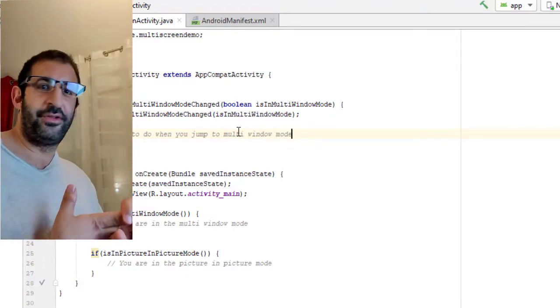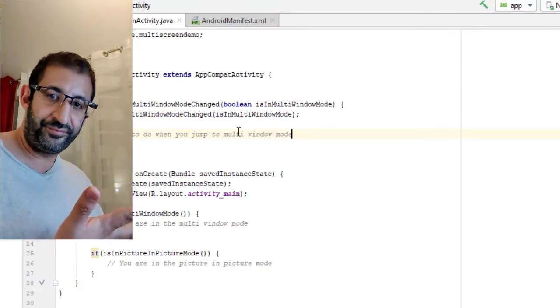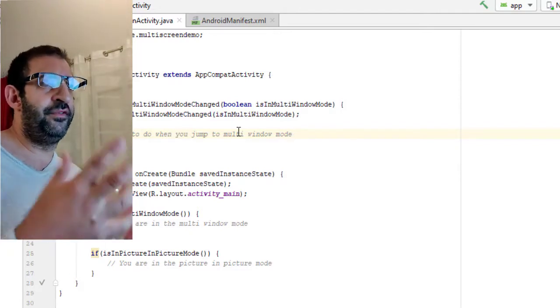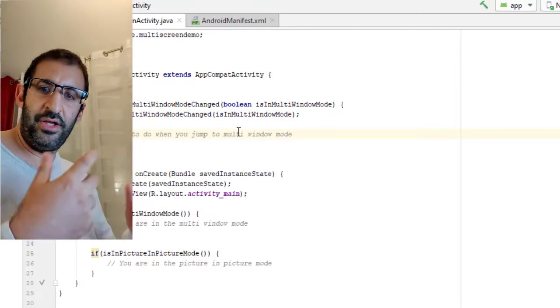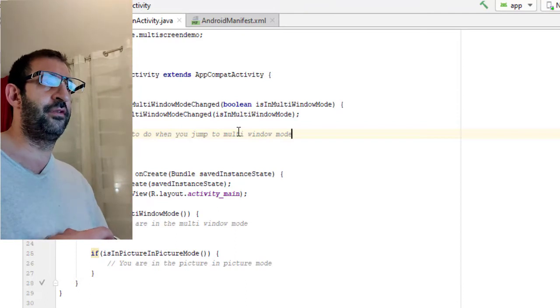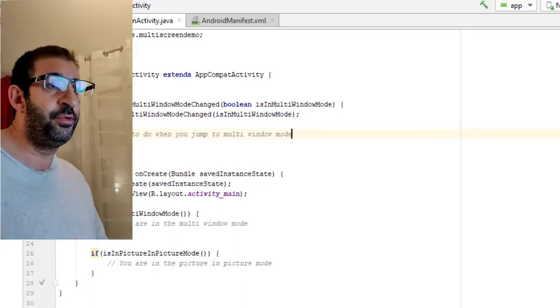We have these two methods predefined: isInMultiWindowMode and isInPictureInPictureMode. Also, you can use a predefined listener in the activity, onMultiWindowModeChanged. If you want to leave multi-window mode, you can call this action, for example. Okay, now I will run the application and show you how to activate